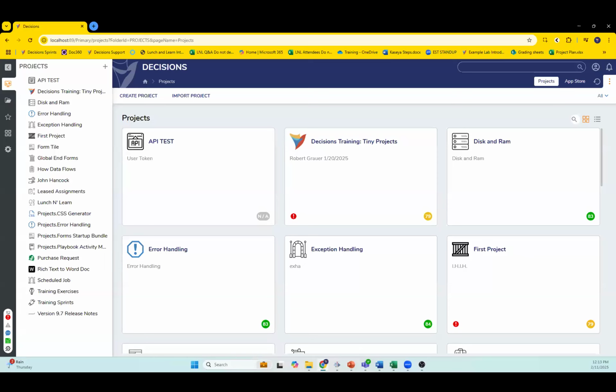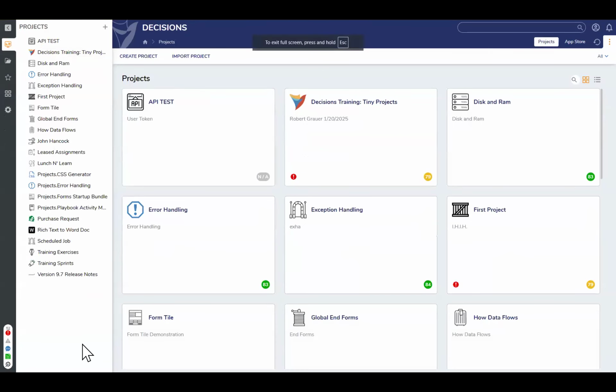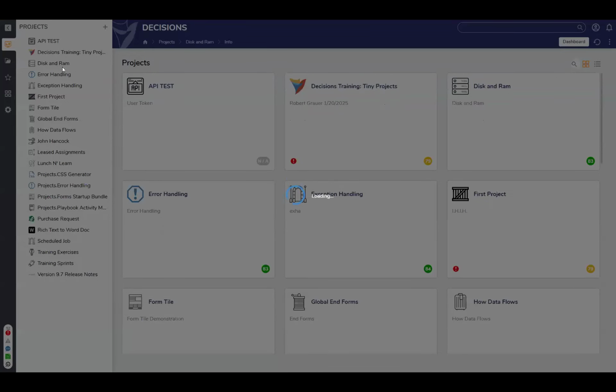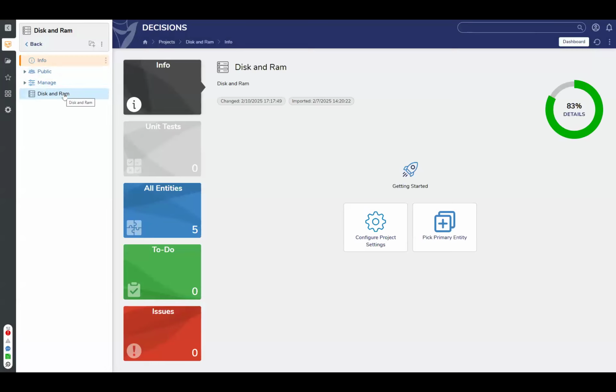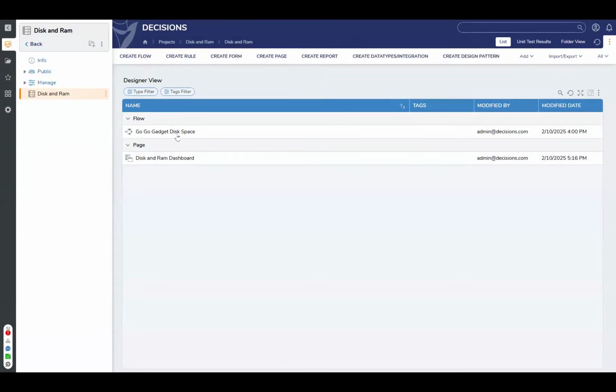So, hello everybody. This is Robert. I know that yesterday and the last couple of days we've been talking about a lot of 9.7 stuff, so I won't bore you with that. But just some other stuff I think is kind of cool. Just stuff that I think is interesting, that I didn't know existed and is kind of niche. There's not a lot of documentation about it, but you might find it useful in your framework of how you set up Decisions on your server, the installation, and all that. There's just a couple steps that I think are interesting.